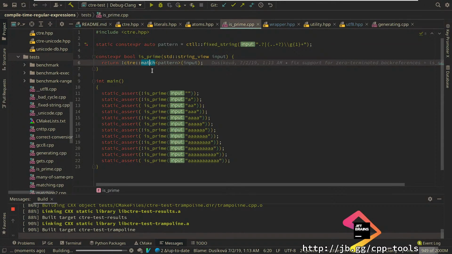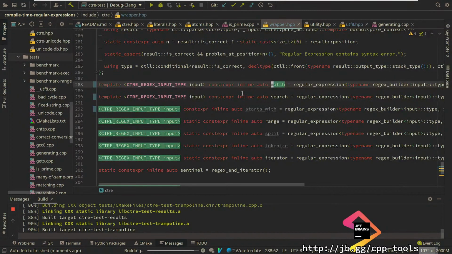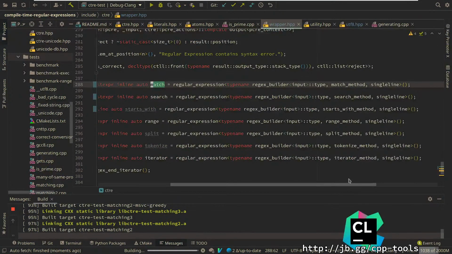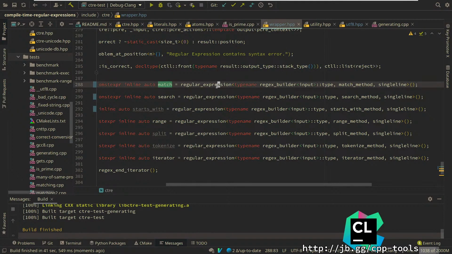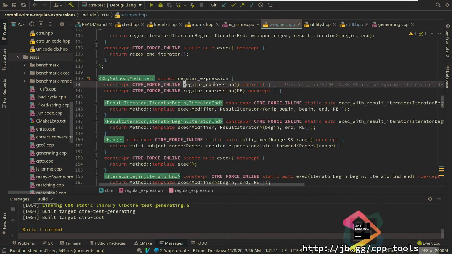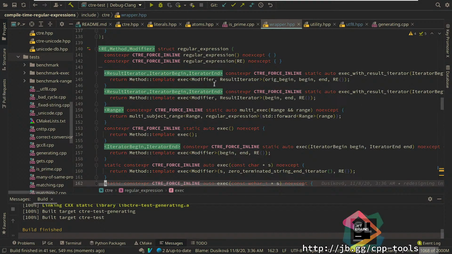Let's go back to this is prime. Click back through match. Click to, let's see, this is a regular expression. Oh, did I? Okay, here we go. Force inline, regular expression. Exec with result iterator. I'd say